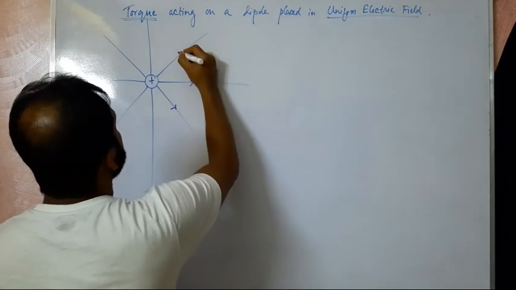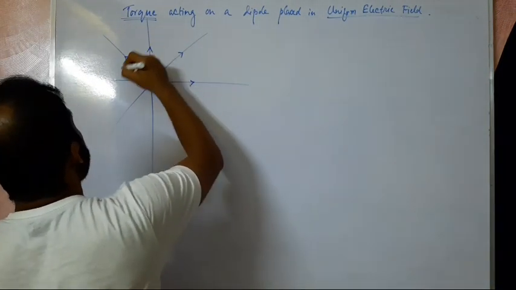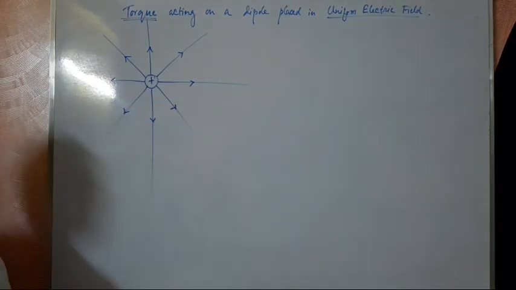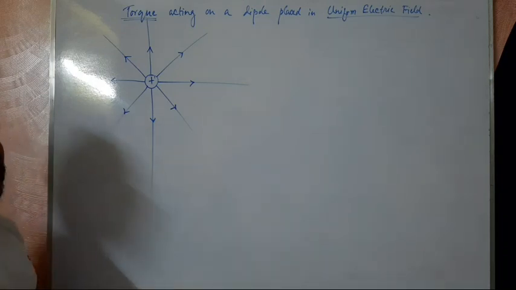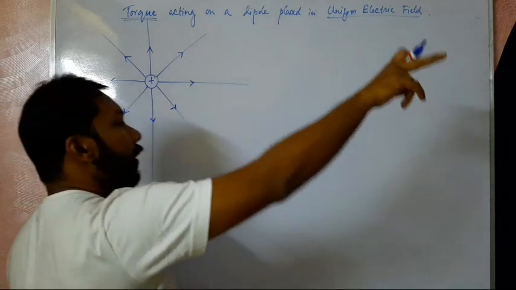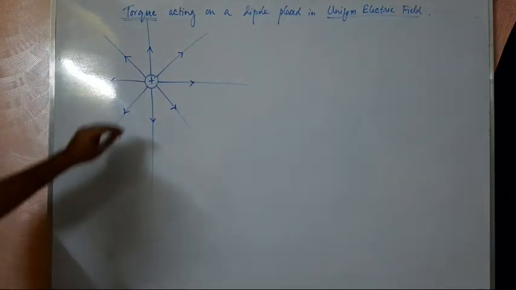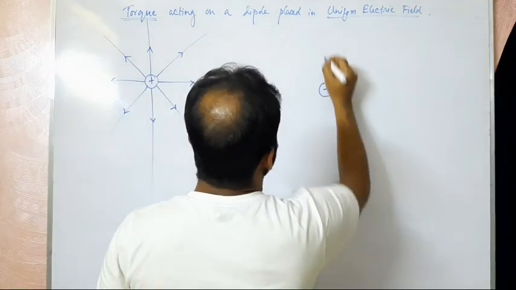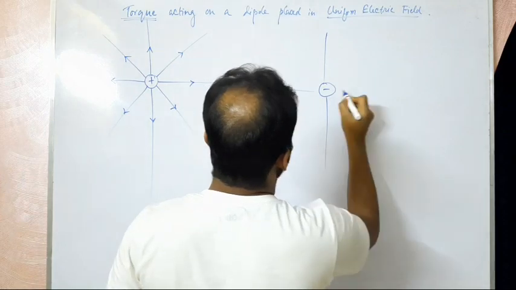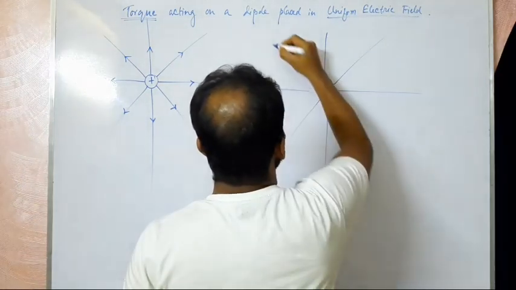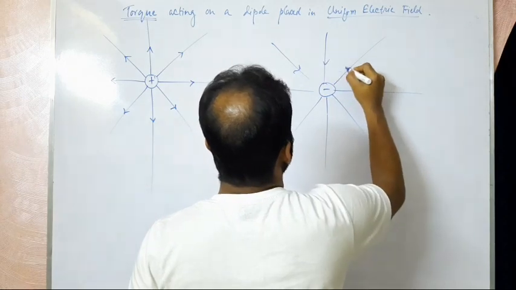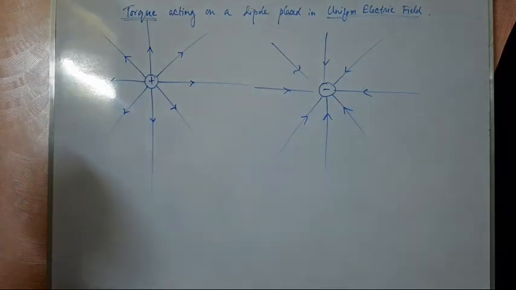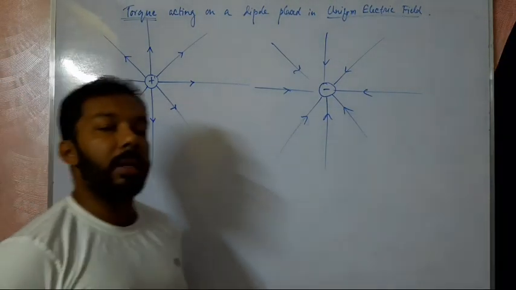So for an isolated positive charge, if you place another test charge, obviously a unit positive charge, it will get a repulsion and it will go to infinity along a straight line. Hence, the lines of force will be radially outward. For a negative charge, it is radially inward, coming from infinity. So these are the lines of forces. Lines of forces are actually the lines along which any charge exerts force on another charge.